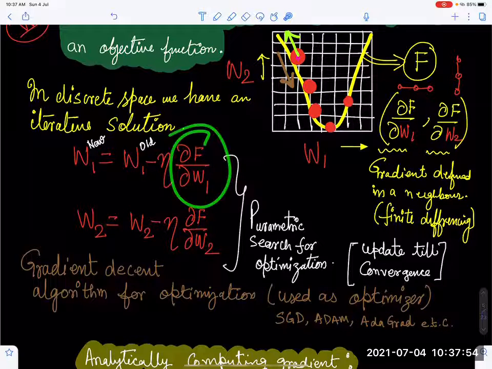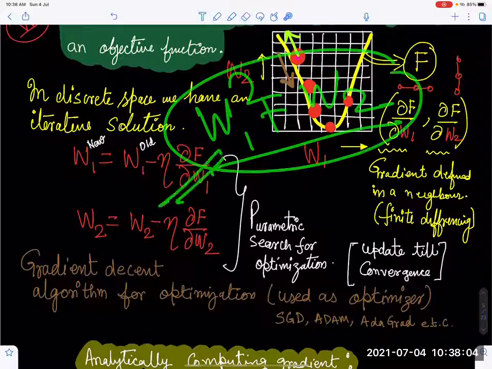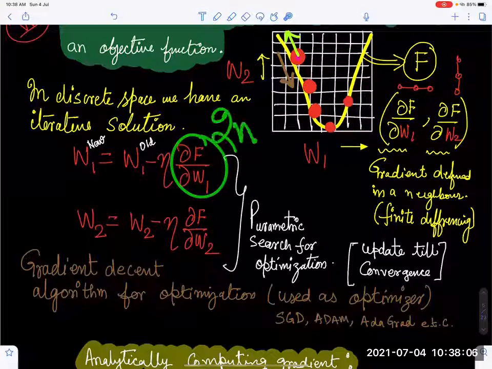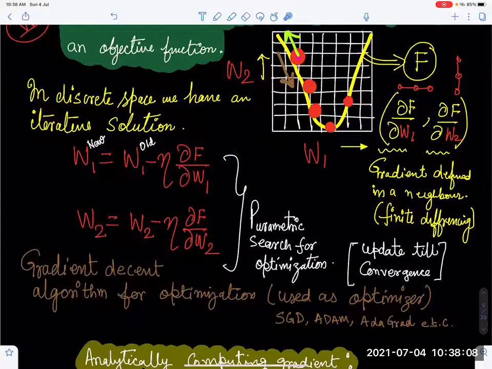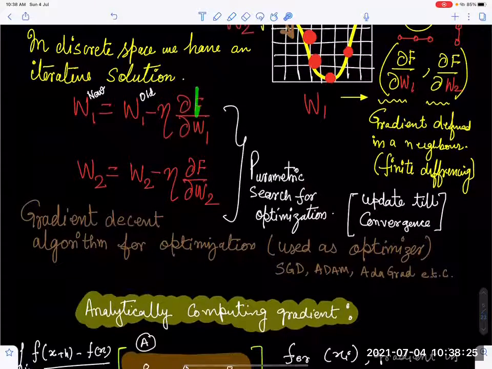You need to find out this thing. If I tell you that your function is W1 square plus W2, then the first derivative is going to be 2 times W1. But if this formula is not known, it is not closed form. It is open. So if this function f is not formally defined in terms of a formula, then